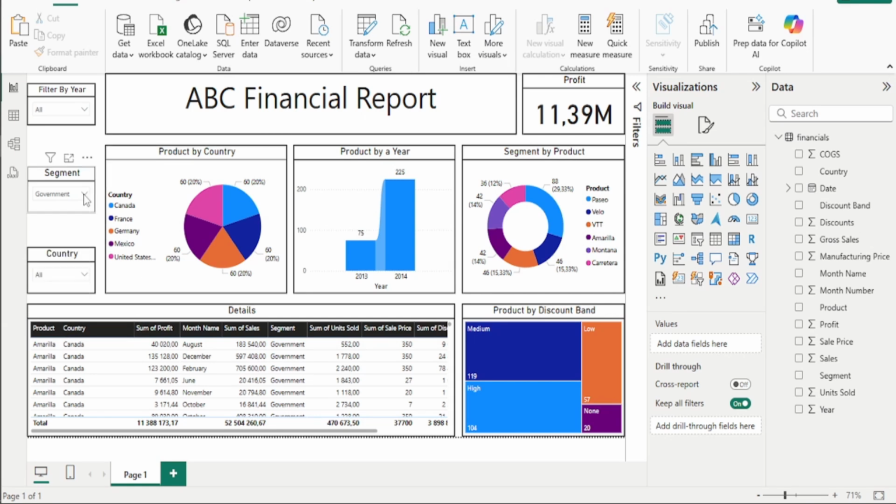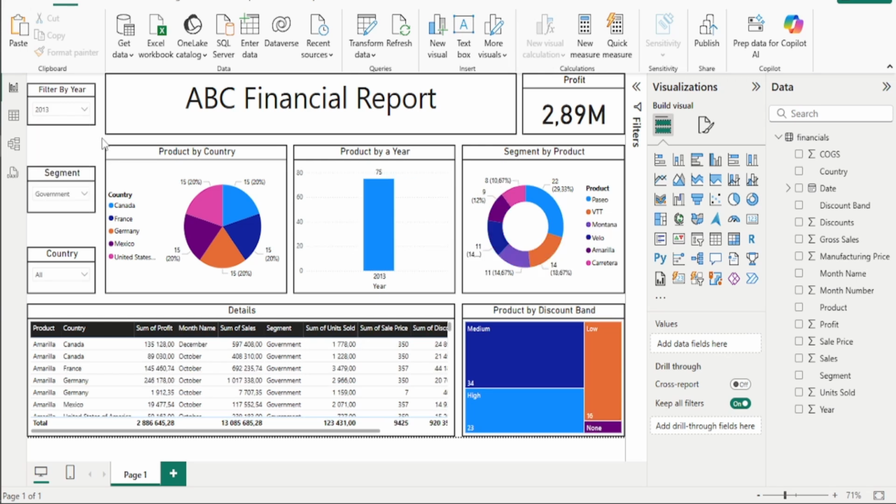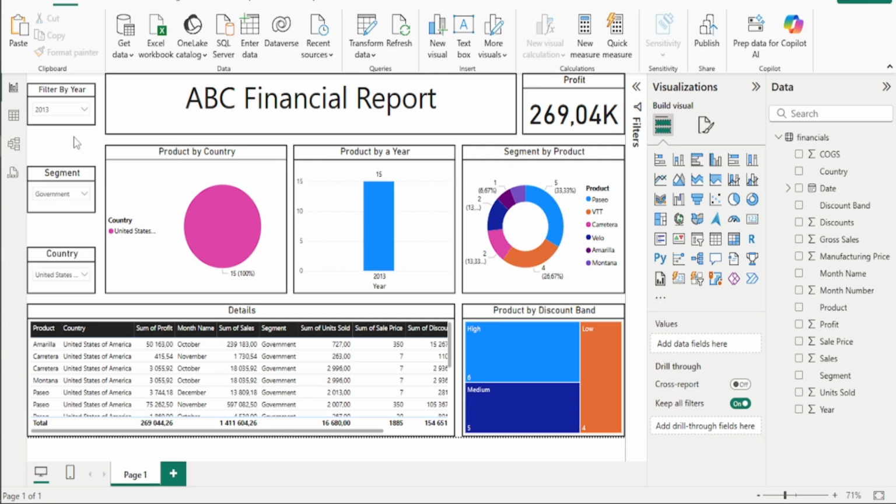Let's say you want to try filtering at the same time. It is possible. You want to see 2013 only, and by the government, which government you want to see. Let's say United States. There you go. You have the numbers, how much profit it made,